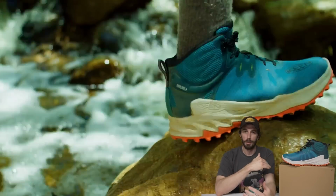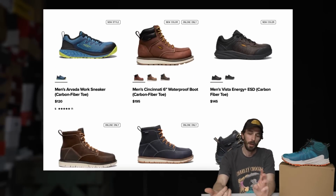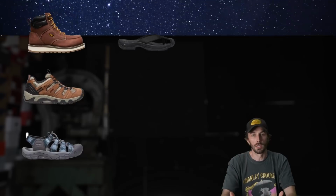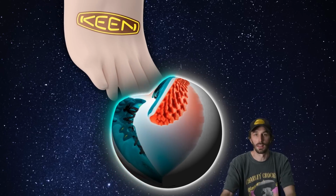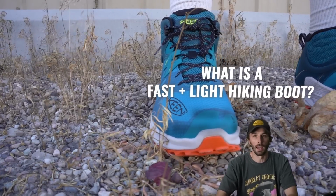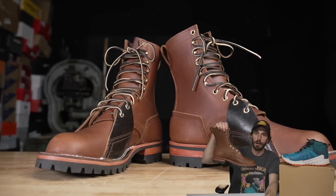Keen is known for making some of the most comfortable boots in the entire world across many disciplines: work, hiking, water stuff, sandals, and now recently they've dipped their toes into the fast and light hiking boot world with this shoe, the Zionic. So in this video, we're gonna try to figure out, first of all, what is a fast and light hiking boot? What are the pros and cons, and how does it compare to a traditional all-leather hiking